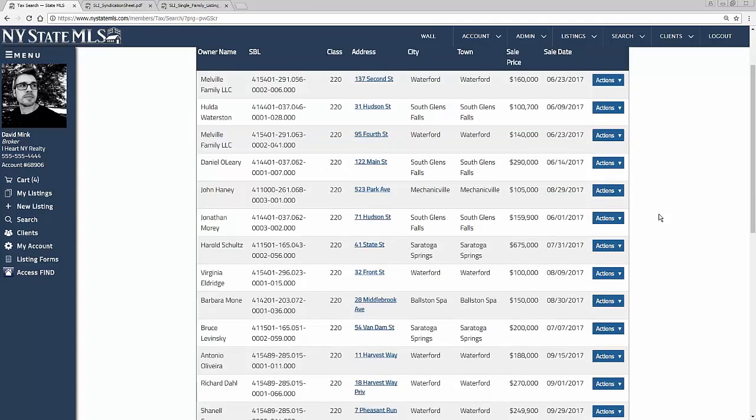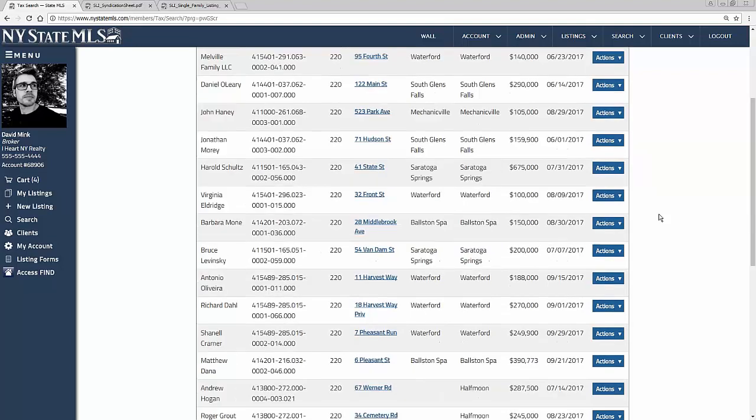Now, some of the counties are behind giving this information, so you may not find stuff from yesterday because it does take them a little bit to enter it. But we have some very recent stuff that closed even as recent as September 29th. I see just right here on this list. And the 220 class is the 2-family. So you're going to be able to see